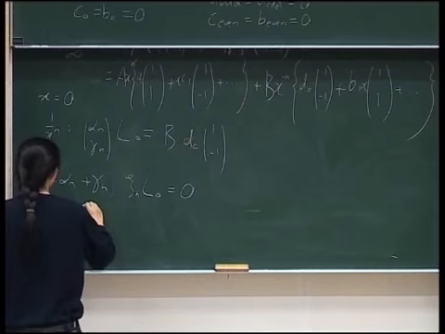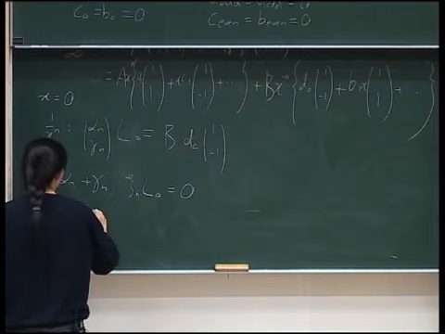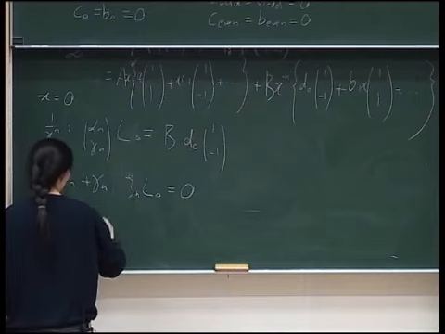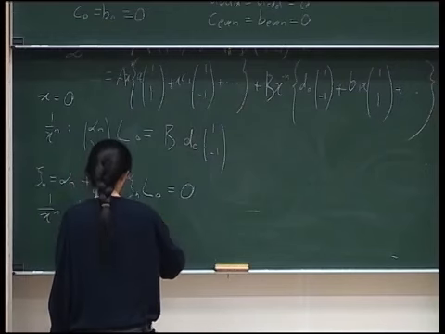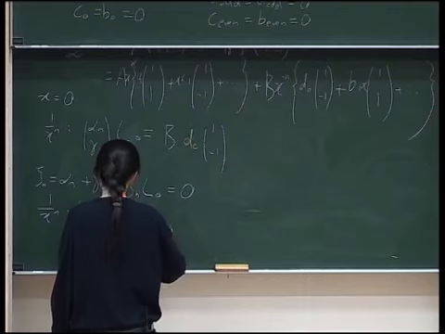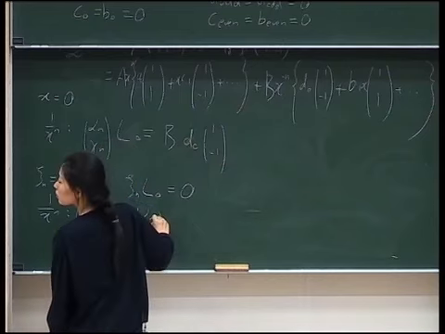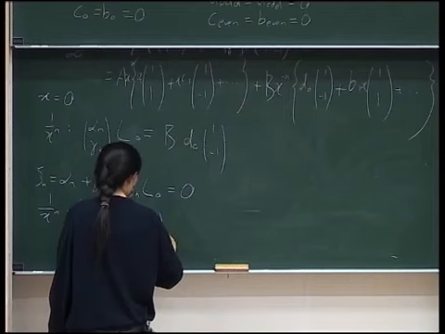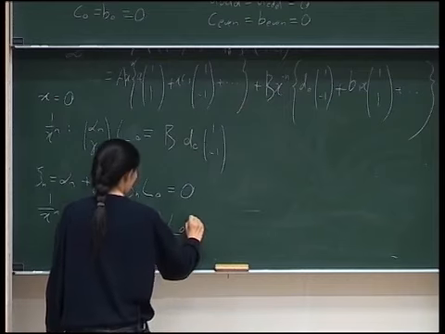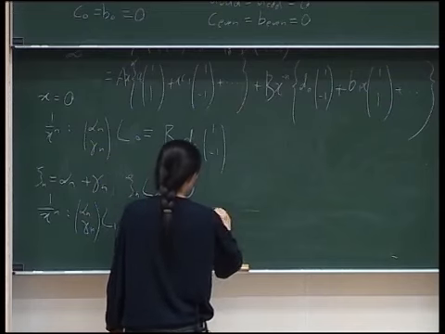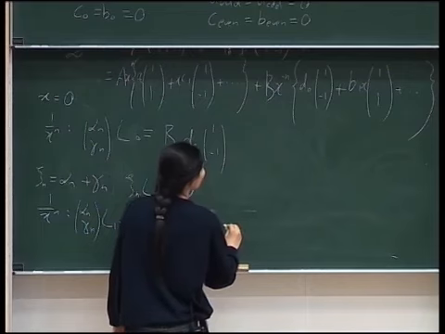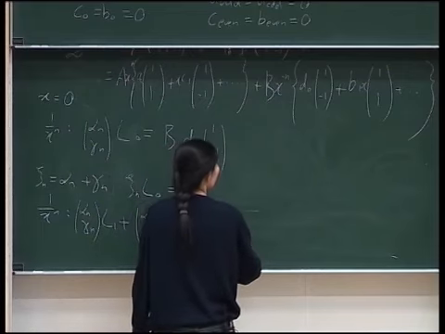We'll have alpha n gamma n L1 plus alpha n gamma n minus 1, and L naught equals to B C1